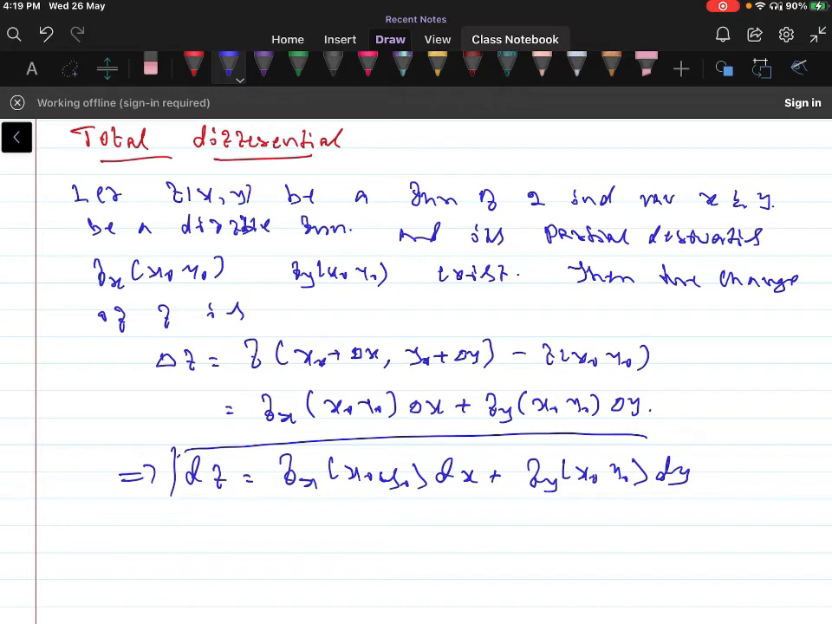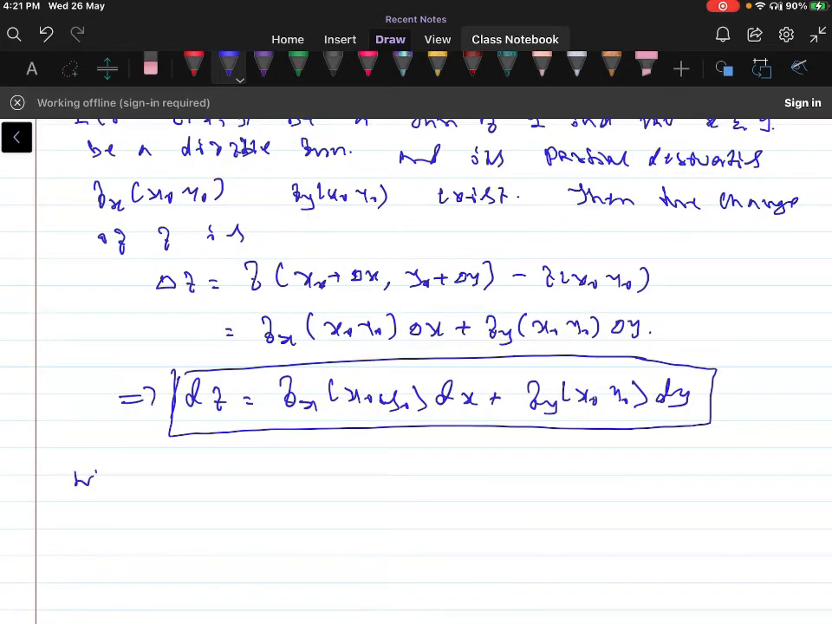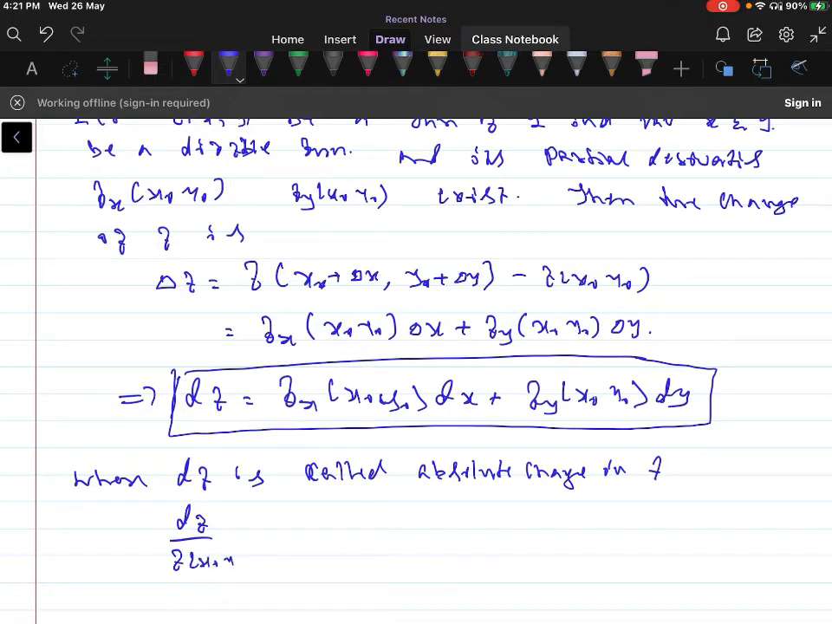This is the definition of total differential when f is a function of two independent variables x and y, where df is called the absolute change in f. So df by f at the point x naught, y naught is called the